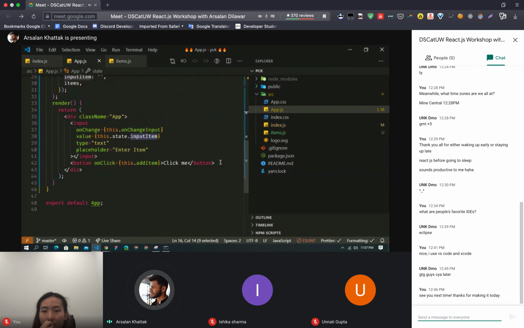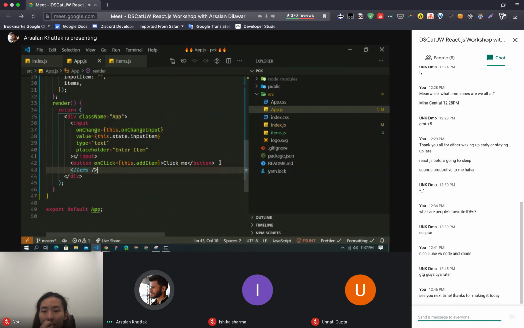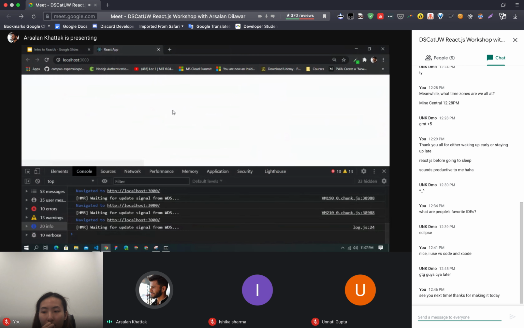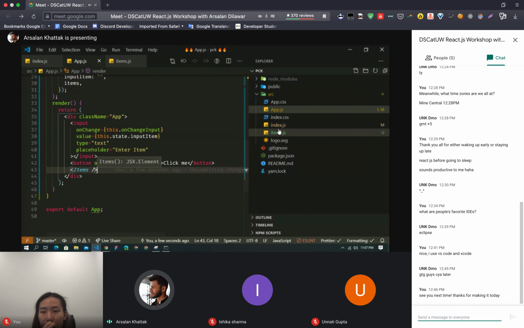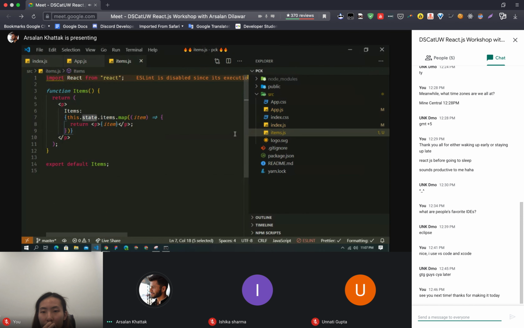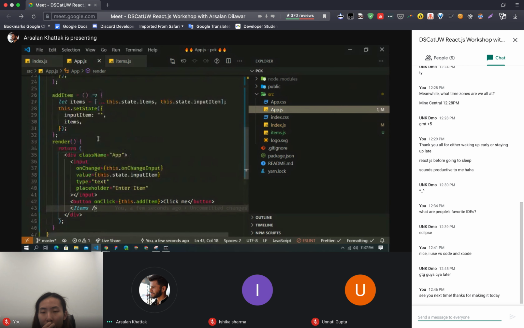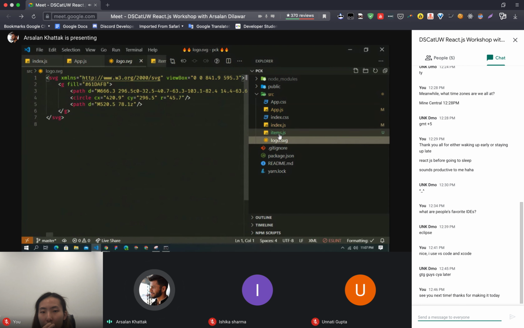Now you can see this.state is undefined, and that is actually referring to this state. To fix that, we will be using props. Props are something that we use in the function, so we need to have these items in this component.